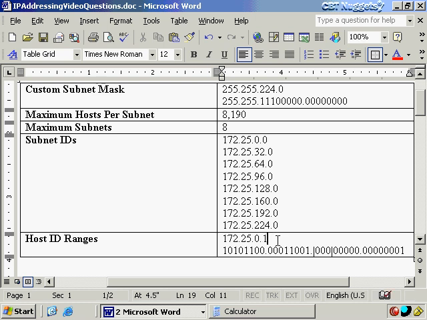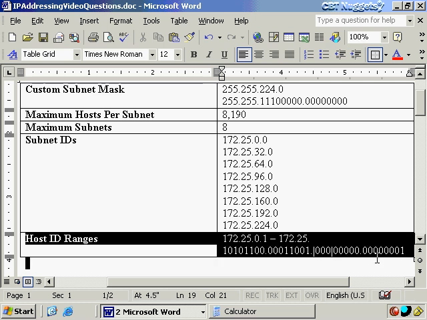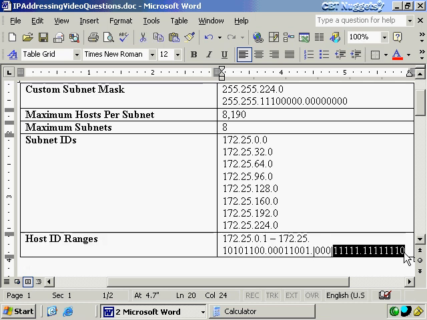That's the first IP address I can use on the first subnet ID on the first physical segment within my network. And then what's the last one I can use in that same range? That would go up to 172.25. And then here's what you do. You just look at your next subnet ID, that's 32.0, and you back off 1 bit from that. So to back off 1 bit from that, I would switch this to all ones and then a 0 as I discussed previously. And if we convert that using our calculator, or if you can do this in your head at this point, then you'll see that this equates to